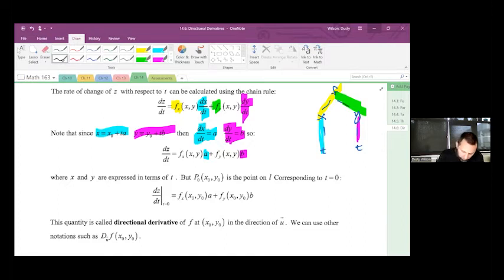Let me see. What's this typo? Let's see. Quantity is called directional derivative of it in the direction. Other notations. I know this should be a lowercase c. And this quantity is called, oh, right here, the directional